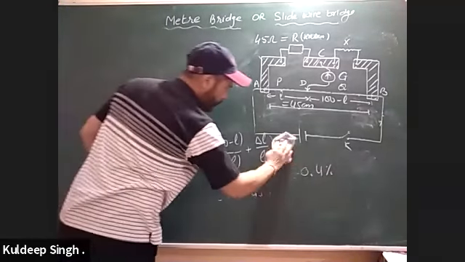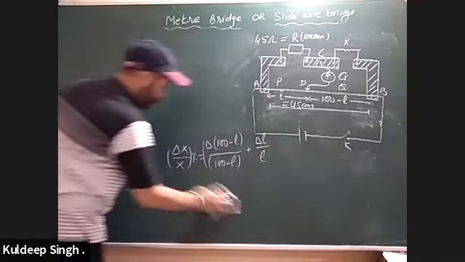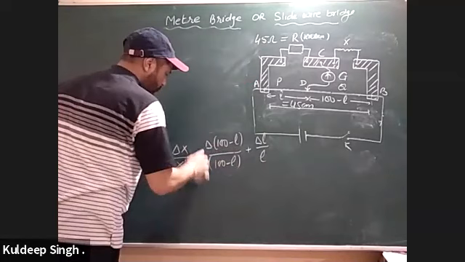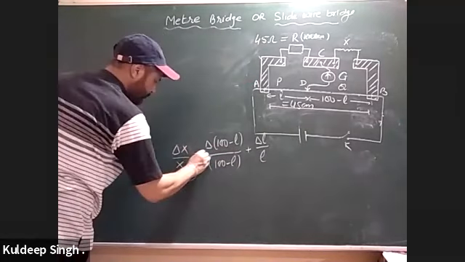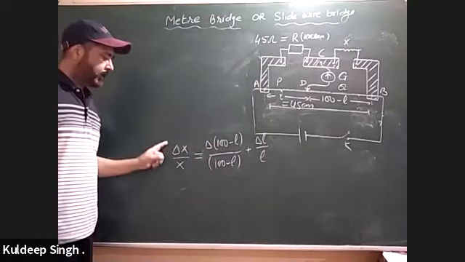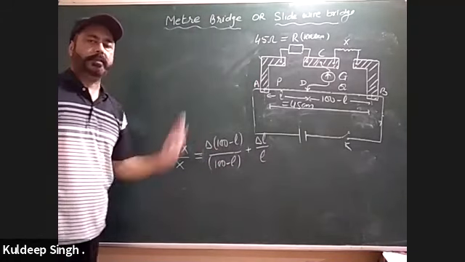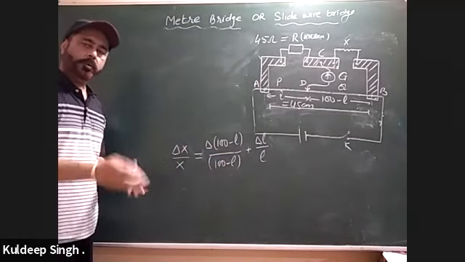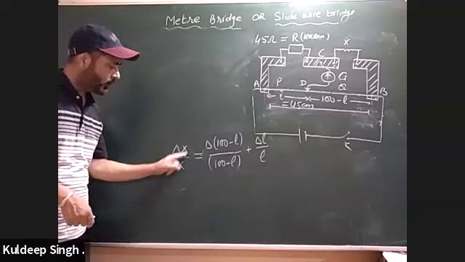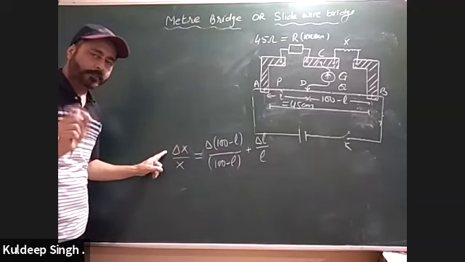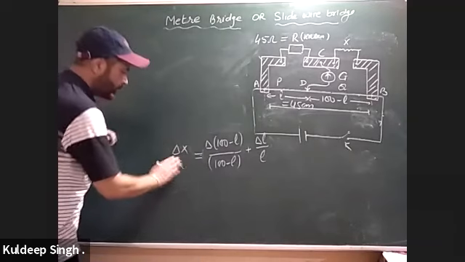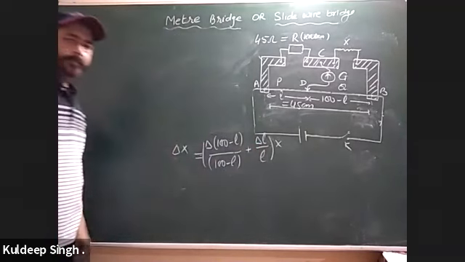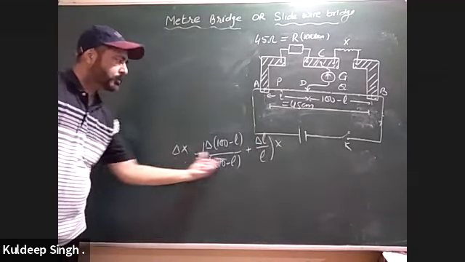So look at this equation. Now this equation gives me the relative error, delta x by x equal to this and that. ये relative error, इसका दूसरा नाम है fractional error. If you want to find out the absolute error, that is delta x आपने पता करना. सिर्फ delta x, not by x. Then I will take this x on the other side. यहाँ ले जाओ. So now this gives me the absolute error.